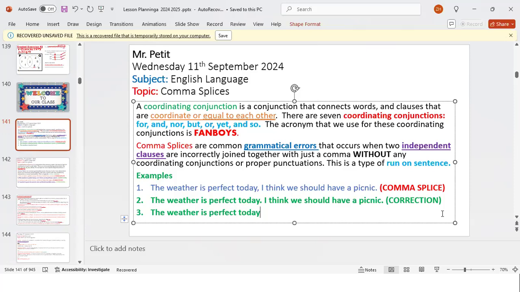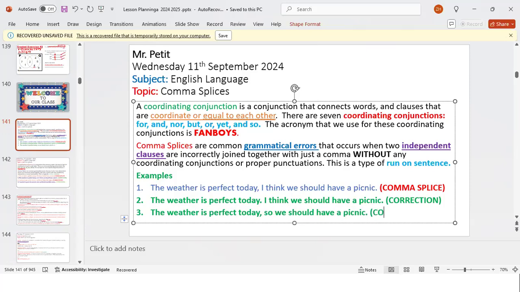The weather is perfect today, comma, keep the comma, so we should have a picnic. You need the coordinating conjunction if you want to keep the comma.